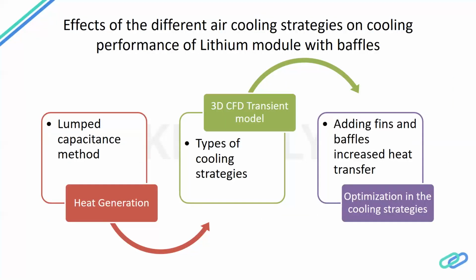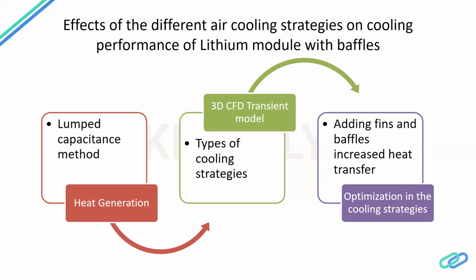Yeah. So what are the effects and what are the different cooling strategies that are present? First of all, as we talked about the Bernardi heat equations, we need to develop the model that generates heat. We should know how much heat is generated when you are using them on a transient model. Say you are pressing the accelerator 100% and then you reduce the throttle to 50%. How much heat is generated for that period of time? You should model that.